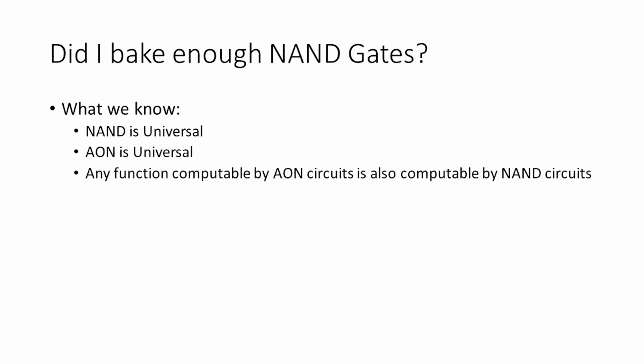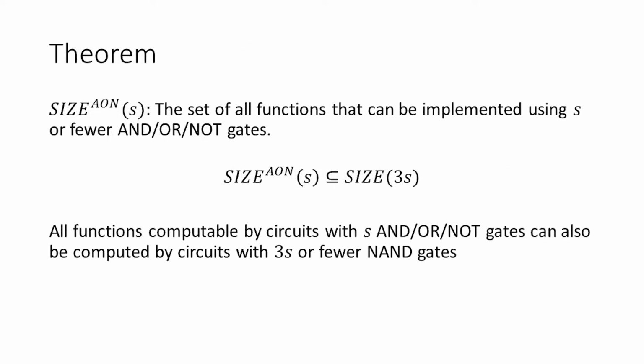Since we said that NAND was universal, that is, it could implement any finite function, and AND, OR, NOT was also universal, it's certainly possible to find a NAND circuit. But we still have the complexity question of whether or not we have made enough NAND gates to implement that chosen circuit. So what we're going to show is that any circuit that could be implemented with S AND, OR, NOT gates, we're going to be able to implement with